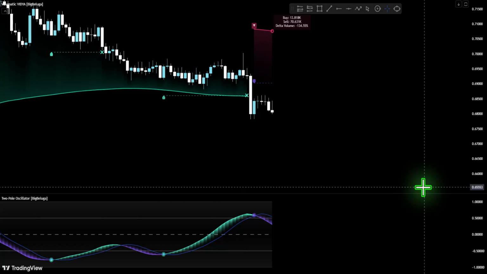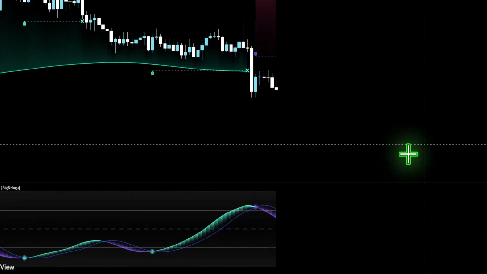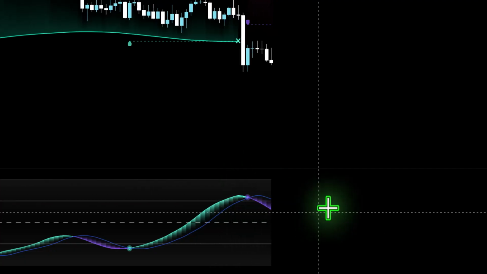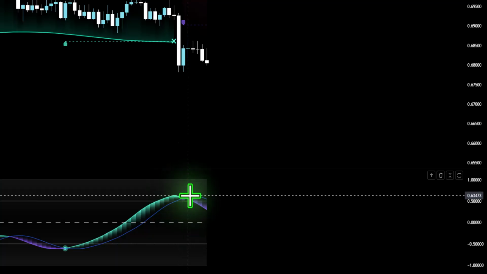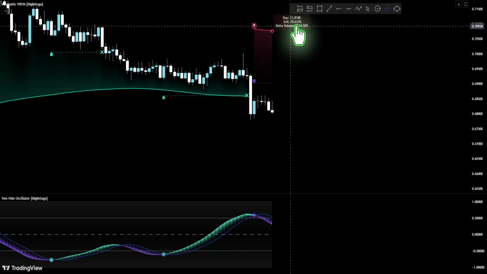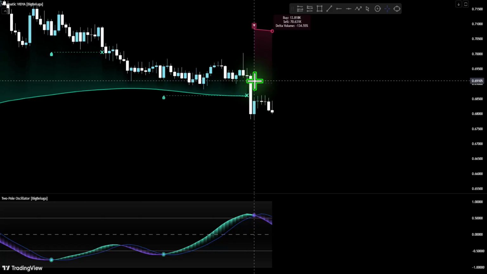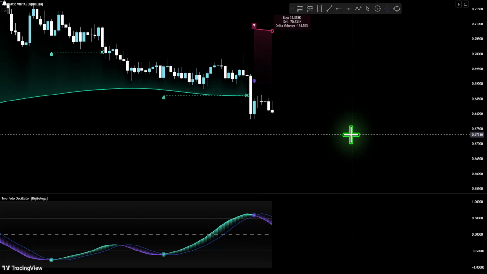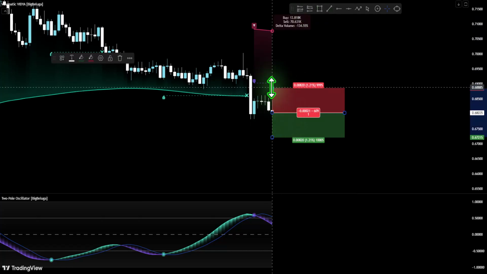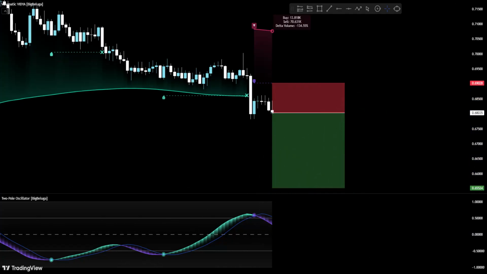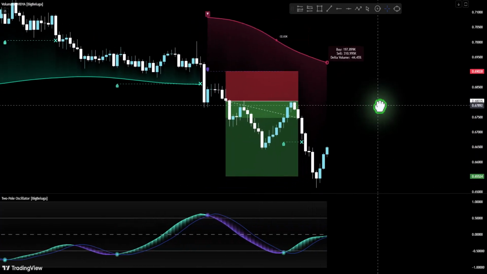Now for a short position, it's going to be the opposite. Condition number 1 is to have a sell signal printed by the two-pole oscillator. Here the sell signal was valid because it was printed above the 0.5 level, the gray horizontal line. Looking at the VIDIA indicator, it was red, confirming a bearish trend. The delta volume was -134.55%, which is well below the -20% threshold, indicating a strong bearish trend. We can then take a short position, place our stop loss above the invalidation level, and extend our profit target down to this level. If you let the trade run, you can see that it ended up being a profitable